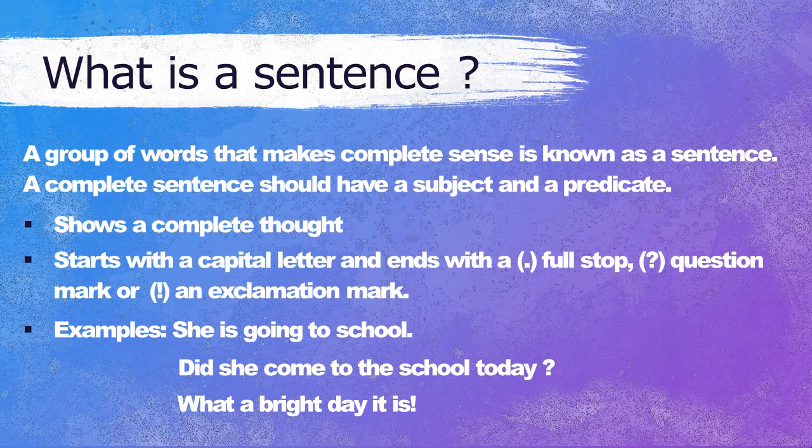I will give you some examples. He is a good boy. I have a storybook. In these cases, there are many words, but they are arranged in a proper way. That is important. If I say, "Is he a boy good?" in that case, it is not arranged in a proper way. When we arrange it properly, it becomes a meaningful sentence.